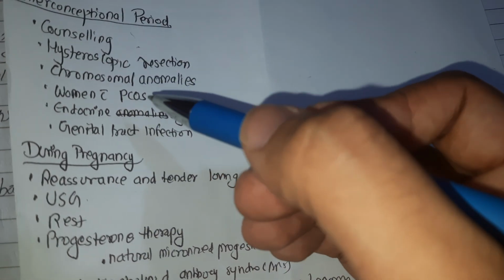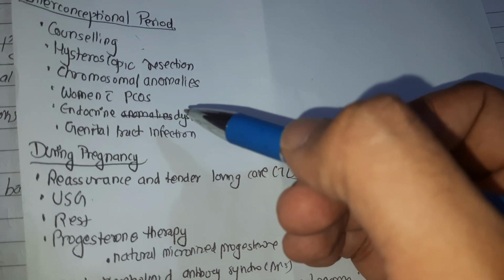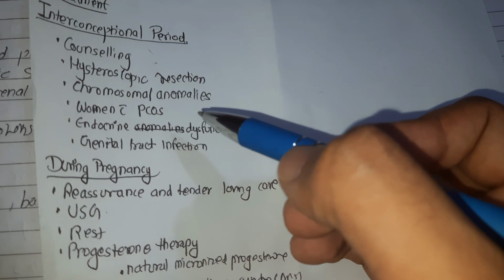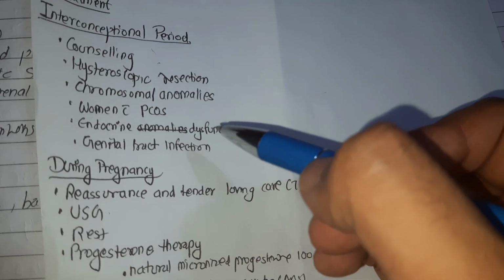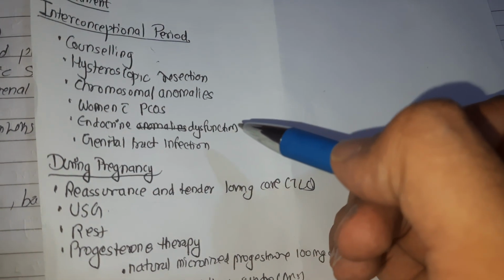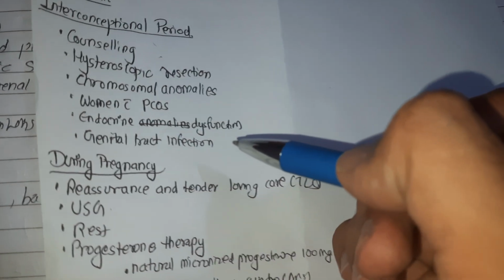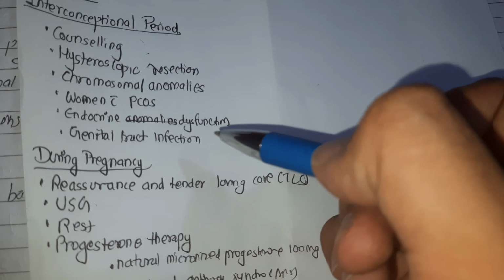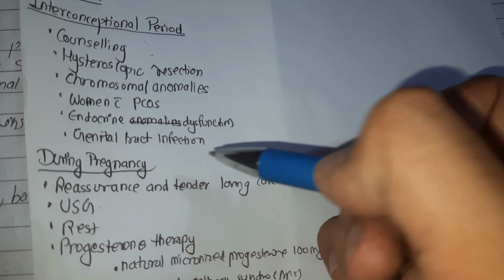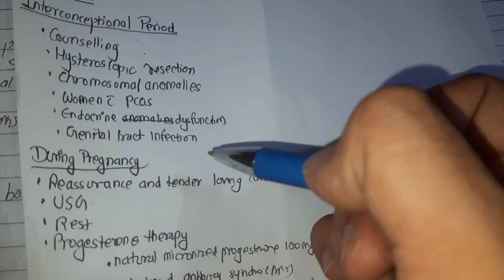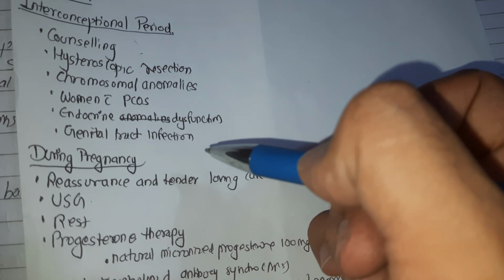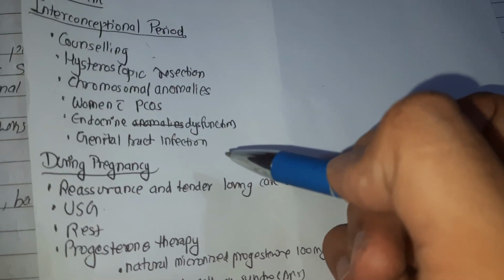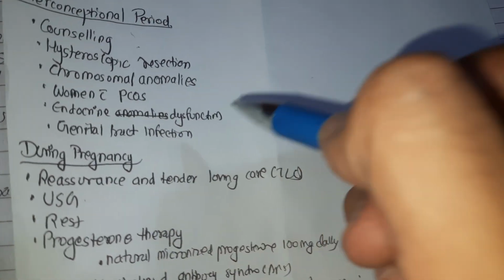Women with PCOS are best treated for their insulin resistant hyperinsulinemia and hyperandrogenemia. Metformin therapy is also useful. For the endocrine dysfunction, control of diabetes and thyroid disorder is also needed. The subclinical diabetes and thyroid disease may be treated if no other factor is present. Genital tract infections are treated appropriately following culture of cervical and vaginal discharge. And empirical treatment with doxycycline and erythromycin is cost effective in genital tract infection.